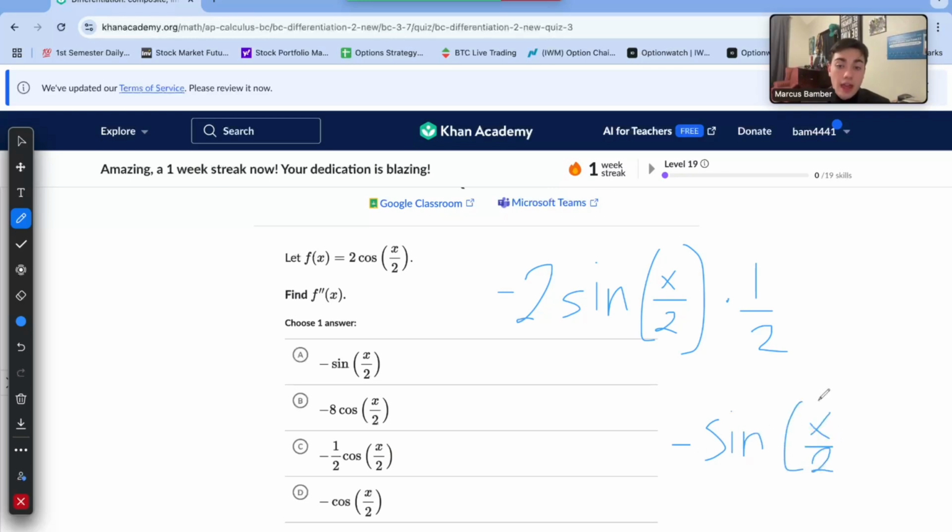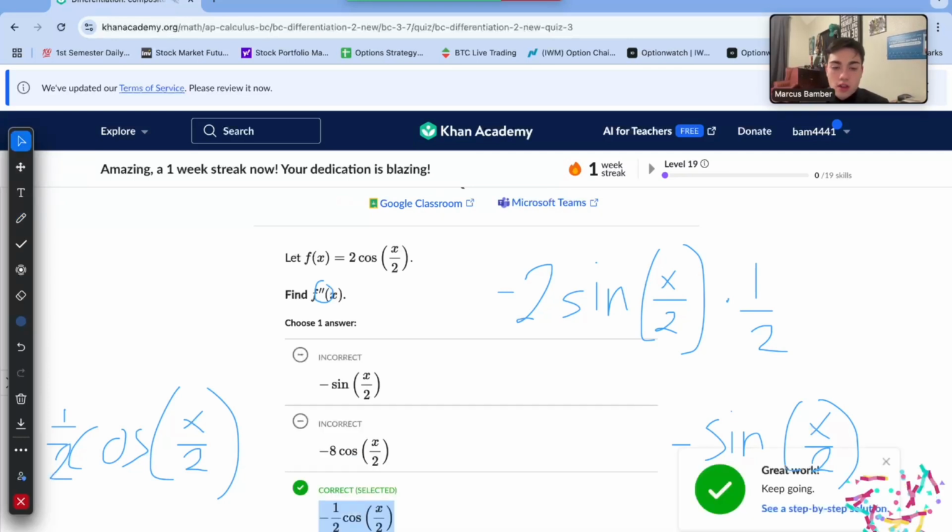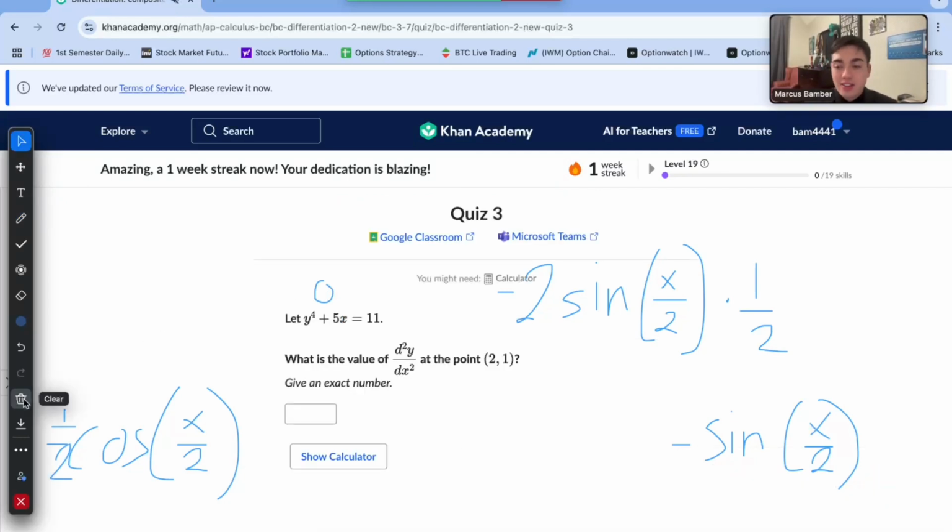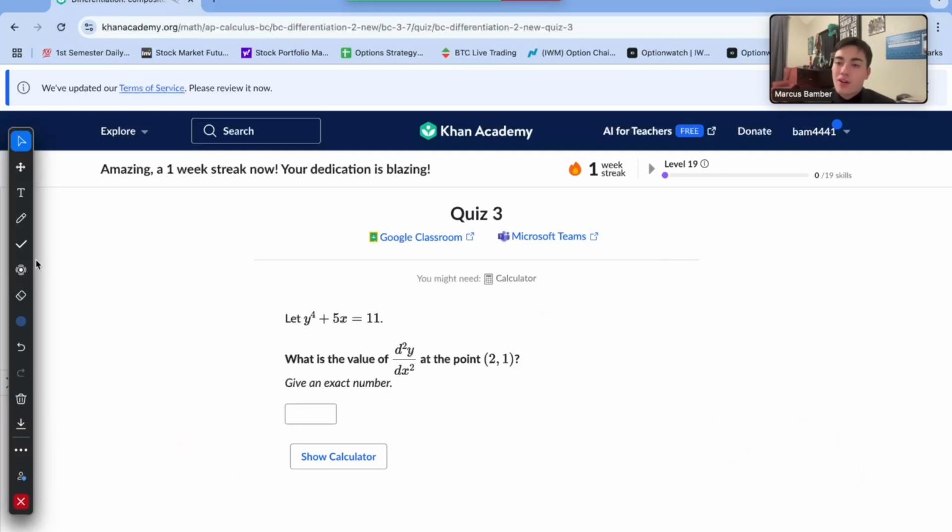and that's our first derivative. Now we have to find our second derivative, which is what these two apostrophes show us. We're going to take the derivative of this. The negative doesn't change. Derivative of sine is cosine, so we are left with negative cosine of x over 2. Once again, chain rule, multiply by 1/2. So we're left with negative 1 over 2 cosine of x over 2, which is equal to answer choice C. Always make sure that you're doing those second derivatives, because after that first one,